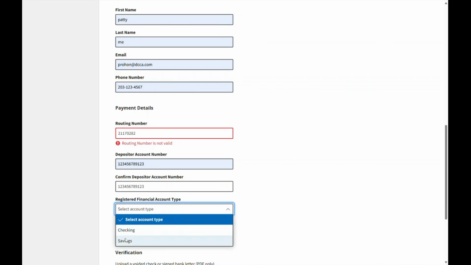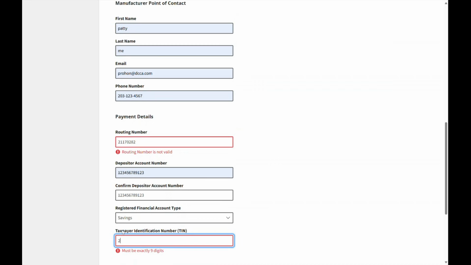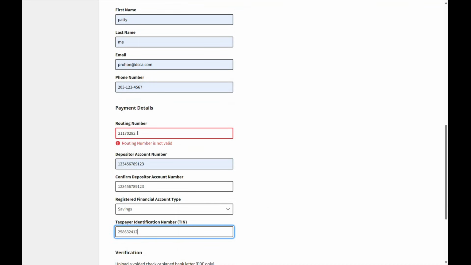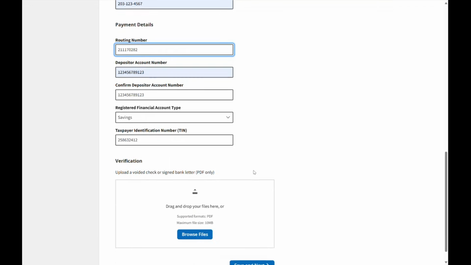Checking or savings, and your tax ID number. You will need to upload a voided check or a signed bank letter with your account information.